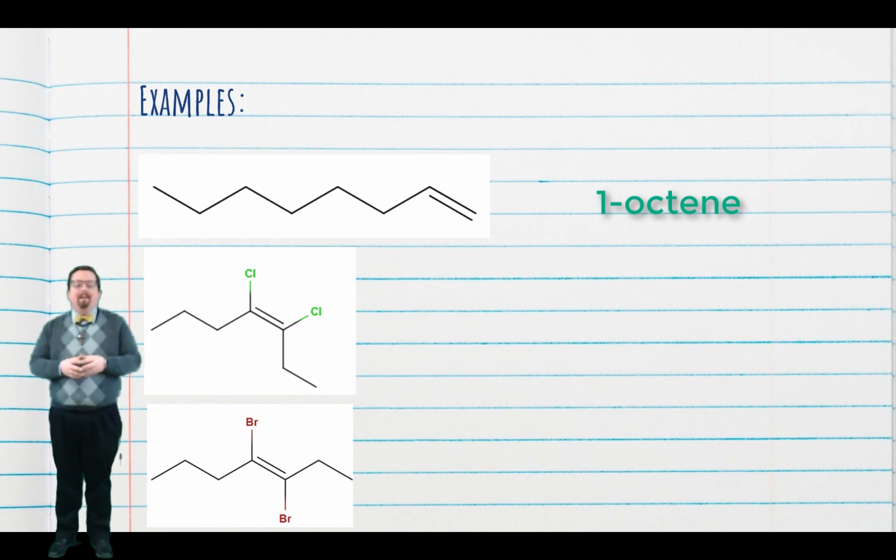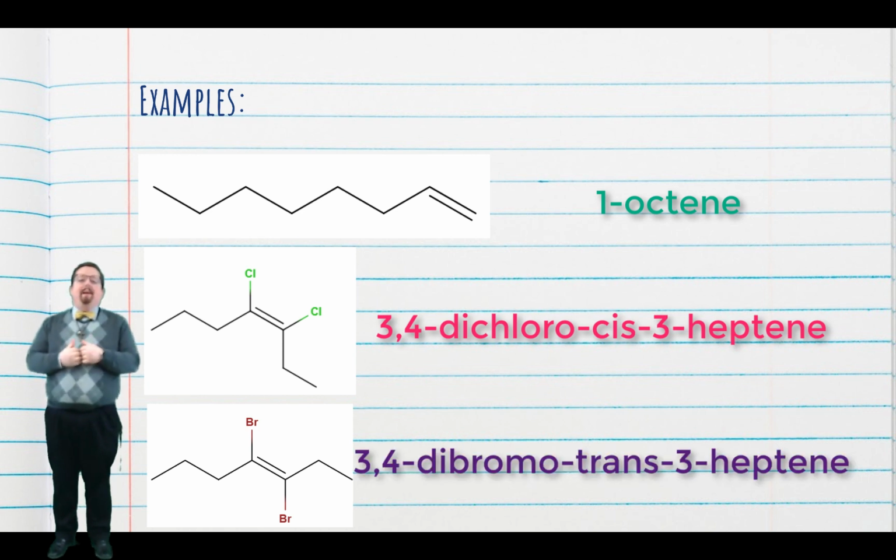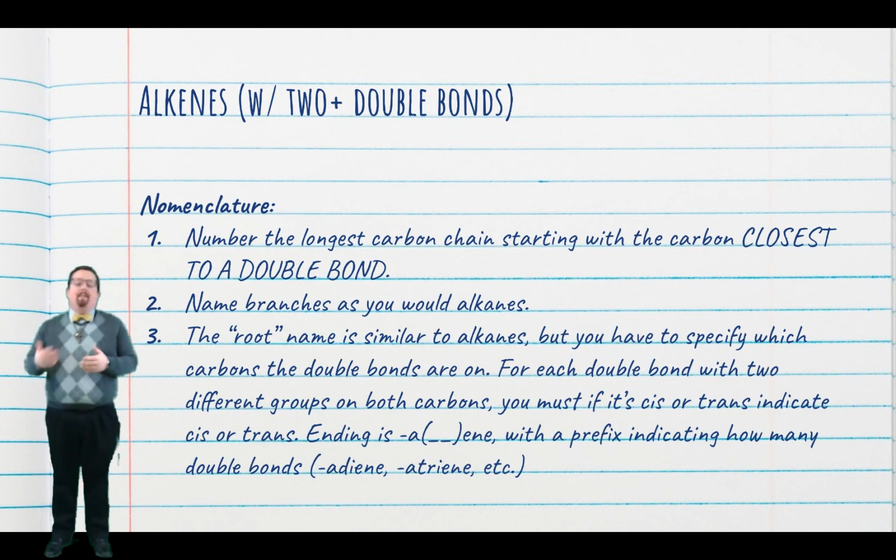What do you get? I got 3,4-dichloro-cis-3-heptene. Try the last one on your own. What do you get? I got 3,4-dibromo-trans-3-heptene. If our alkene has more than one double bond, we name it basically the same way, but there's an